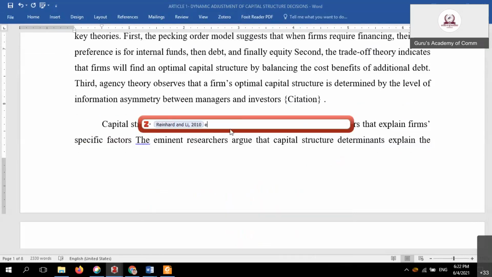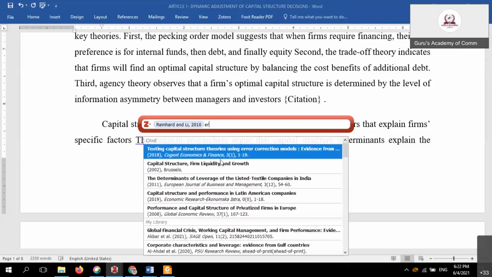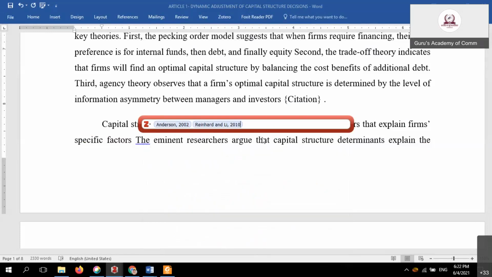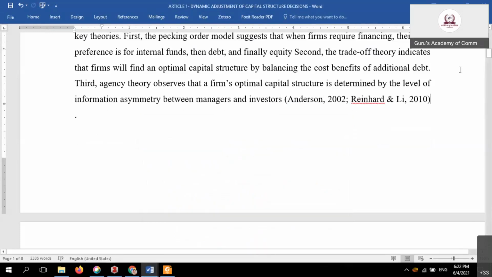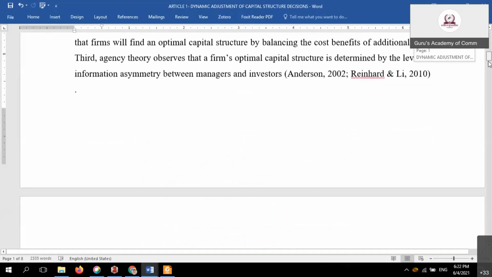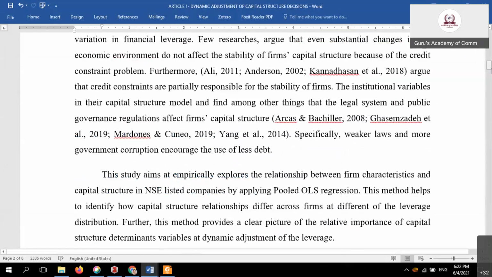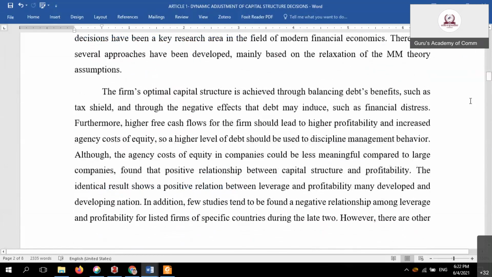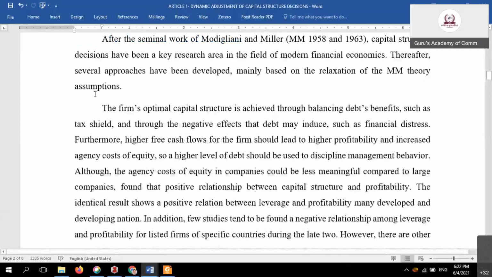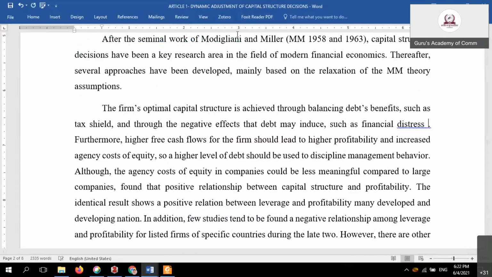Capital one, few articles only. Okay, this is done. Some of the articles are not properly done, and already we have some collection. Okay, you have inputted from wherever you want. Okay, from this area, review of literature, n number of citations you have provided. You simply go to Zotero, and already we collected.